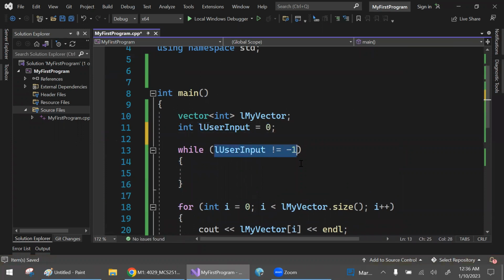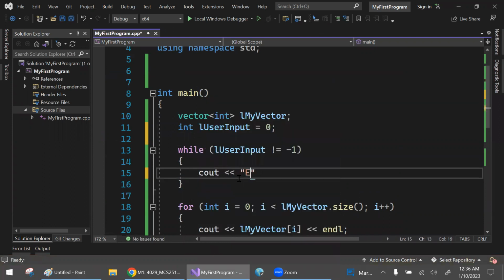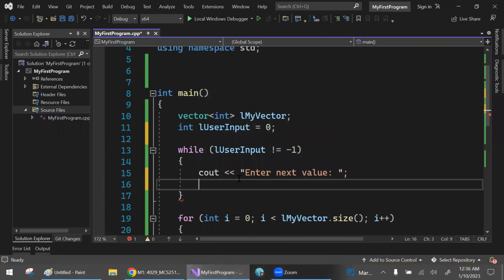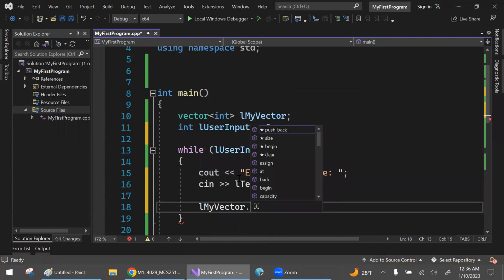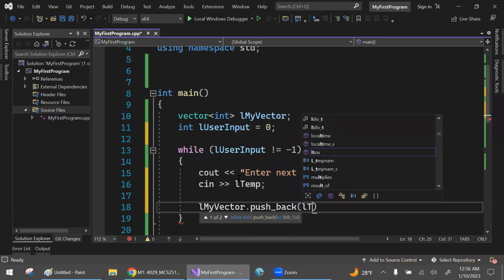So while user input is not -1, I need you to ask the user, enter next value. I'm gonna cin this value into some temporary variable, and then I'm gonna say my vector dot pushback, whatever the